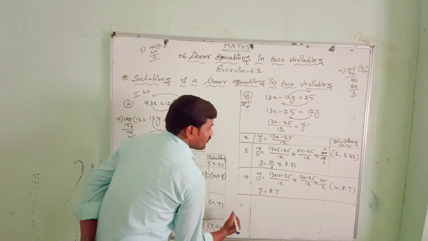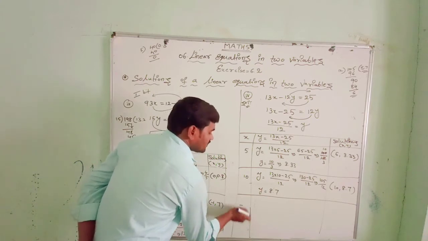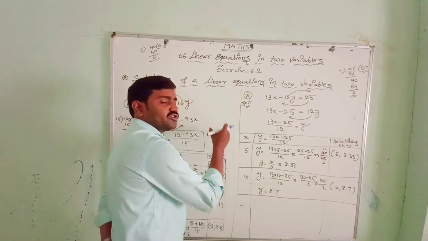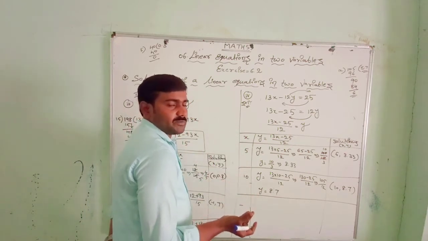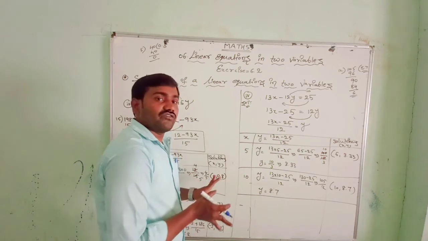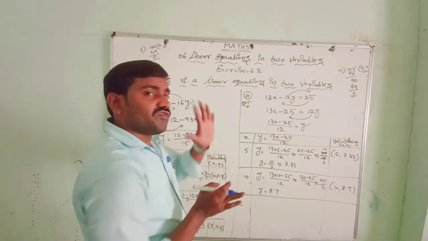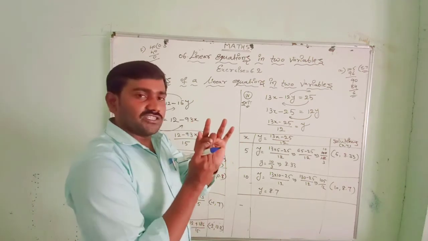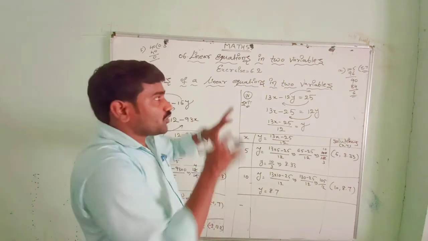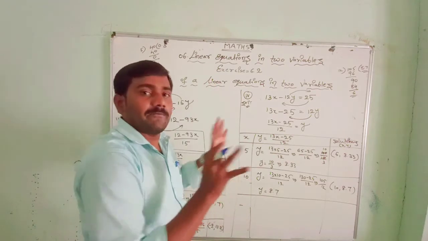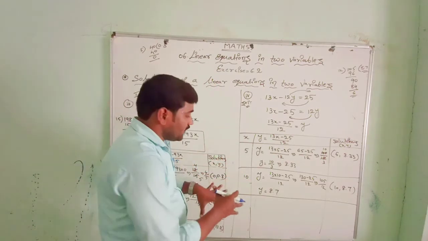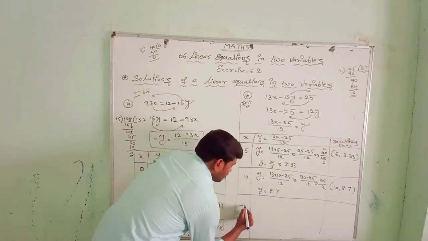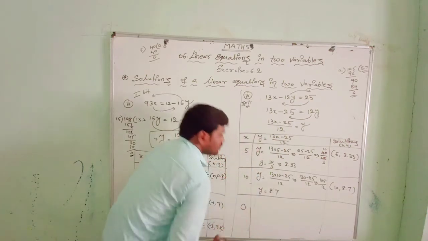Now we use any number. Now I will let you go for a negative number once. You can only use positive numbers, or you can use negative numbers, or some positive and some negative numbers. That's better. If you want to draw the graph, use 5 numbers like -2, -1, 0, 1, 2: 2 negative numbers, 0, and 2 positive numbers, so that it will be very beautiful to see the graph. In the case of graphs, I am telling you, you can use any numbers. Now we will use 0.